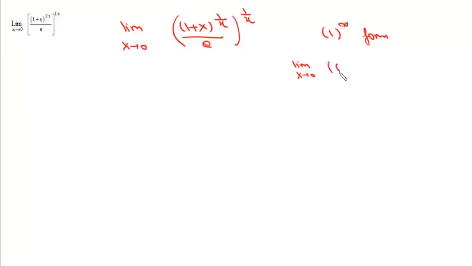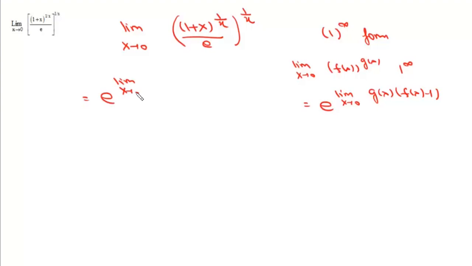limit x tends to 0, f(x) to the power g(x), and if it is of the form 1 to the power infinite, we can write this as e to the power limit x tends to 0 g(x) into (f(x) minus 1). So we write this as e to the power limit x tends to 0, and g(x) in this case is 1 by x, and then it will be (1 plus x) to the power 1 by x